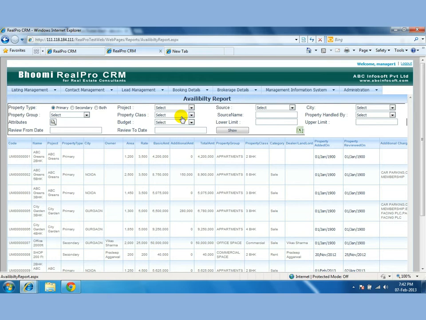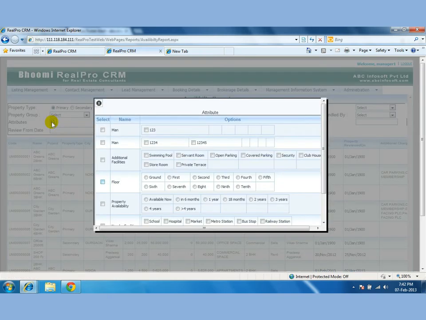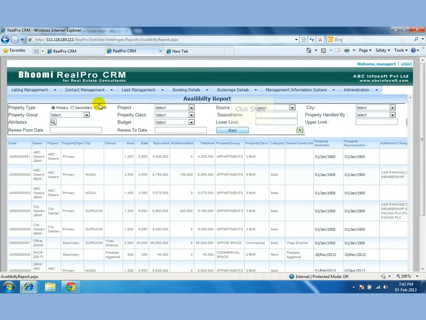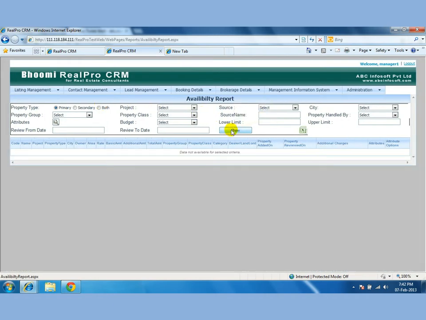Let's say if you want to search for the properties of a particular project, simply select the project. You can filter by source, a particular city, a particular group, property class, source name, handled by, budget lower limit, upper limit, review from date, or simply a particular attribute. Let's say if you want a property on a second floor only.